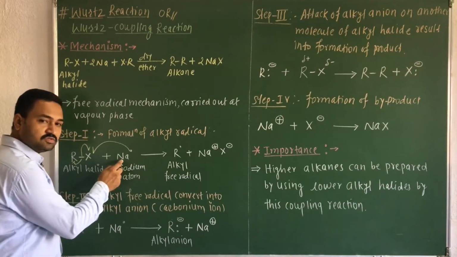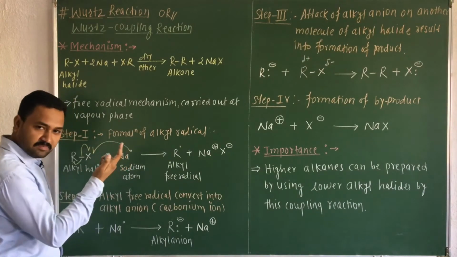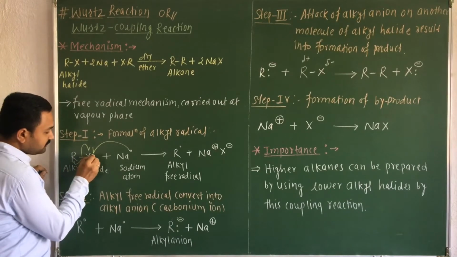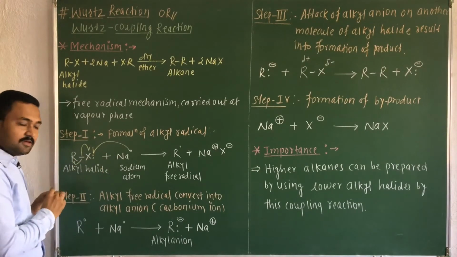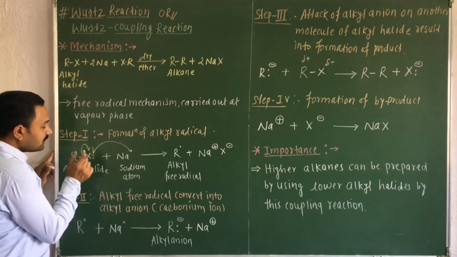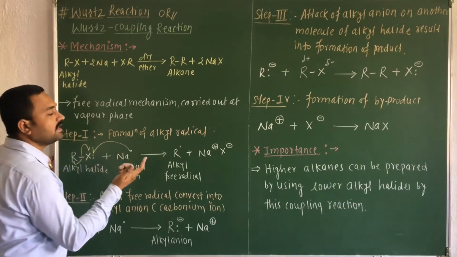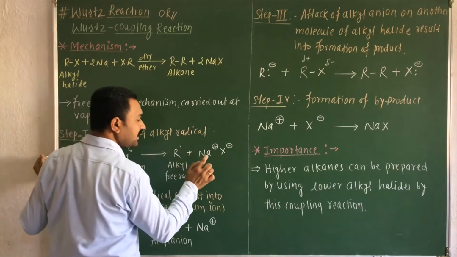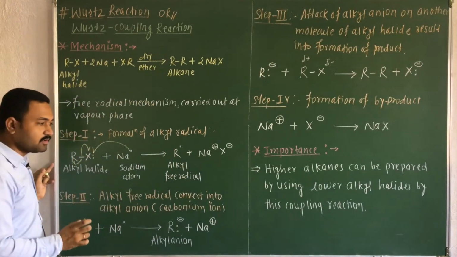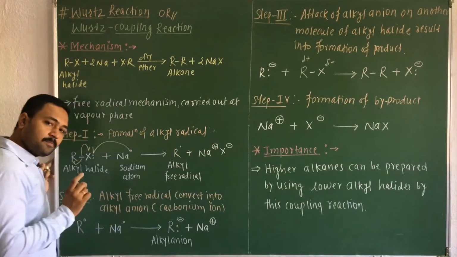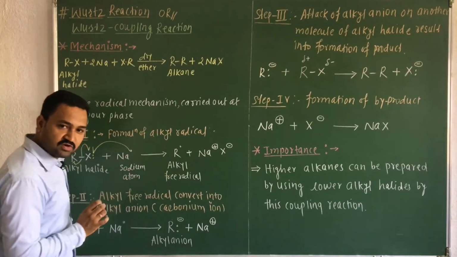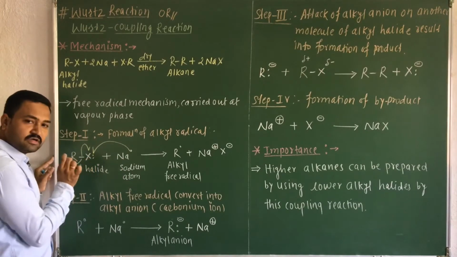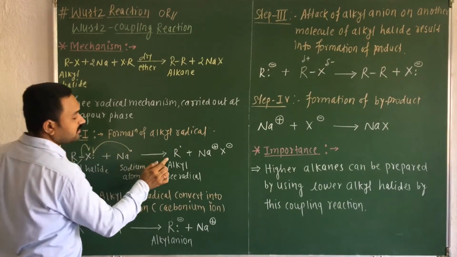Now as this sodium loses its one electron, it will convert into the Na+ ion. The one electron from this bond and the one electron donated by the sodium mean the halide group will convert into the halide ion. And now this Na+ and this halide ion will combine to give NaX, the sodium halide, as a byproduct. So this happens in the first step. Simply, sodium loses its one electron to the halogen, then the R-X bond undergoes homolytic fission and alkyl radical formation takes place.